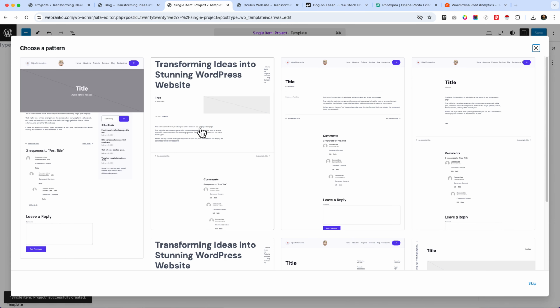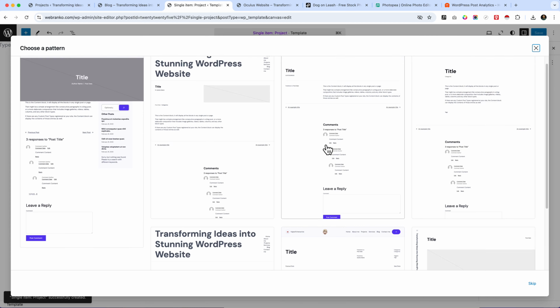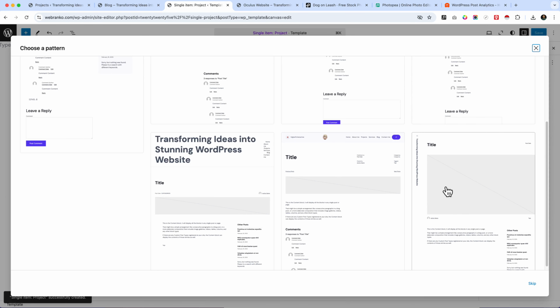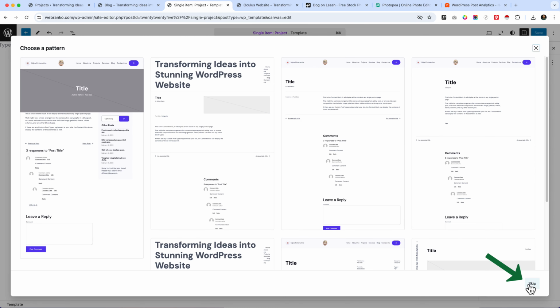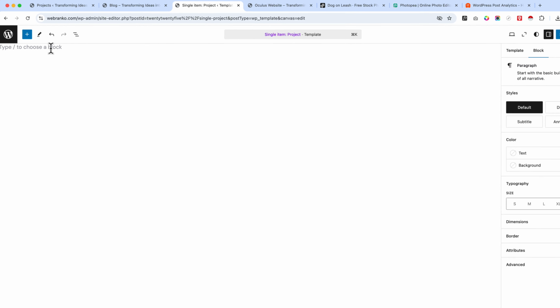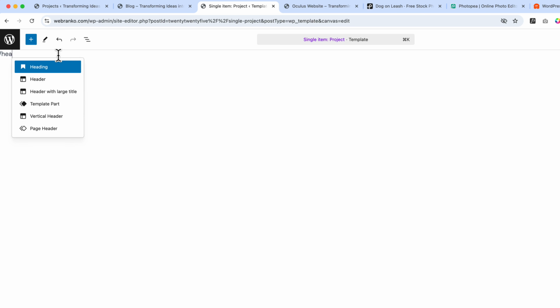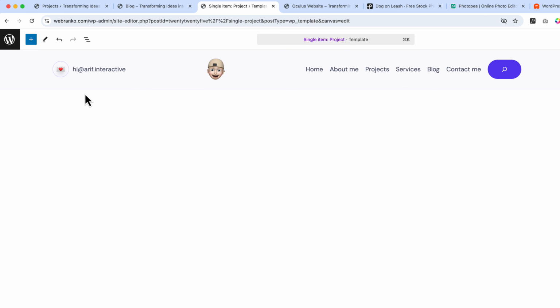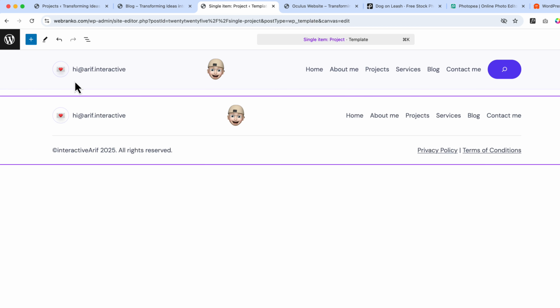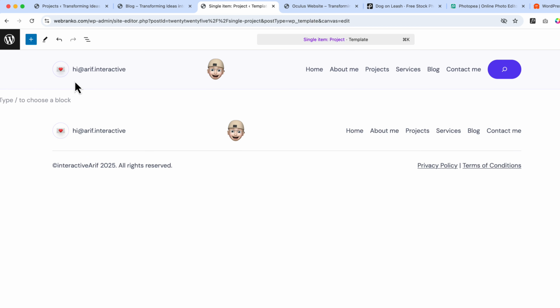And as you can see, there are a couple of different layouts that you can use. Those are pre-made templates or pre-made layouts created by the 2025 theme. Let's skip, I do not want to use any of them. And now type here header. So first of all, I'd like to add the header inside my template, and after that add footer, and then CTA,